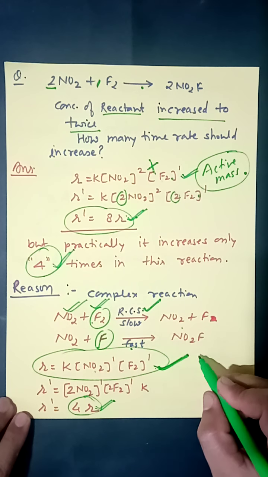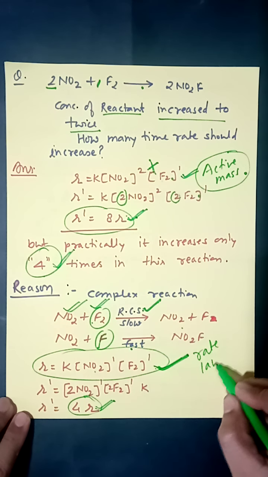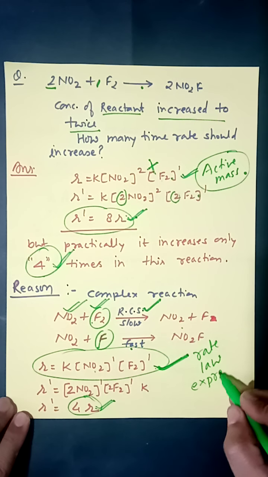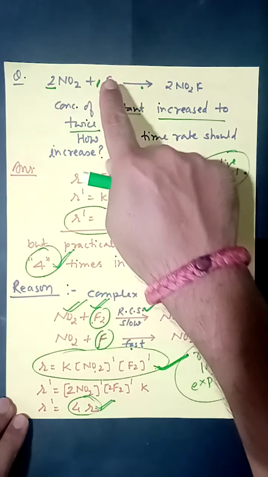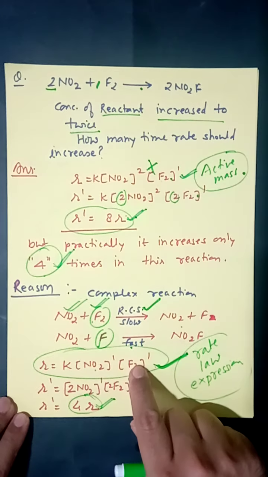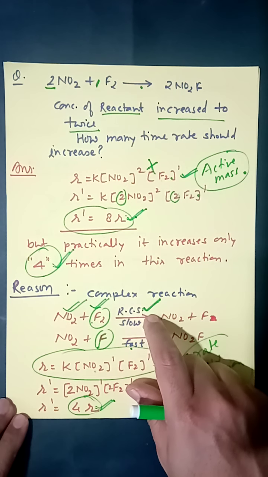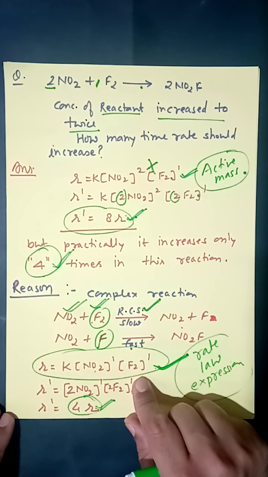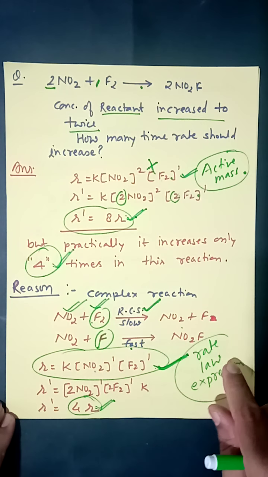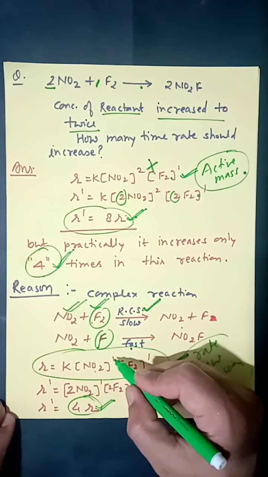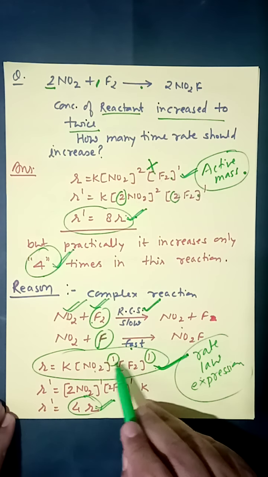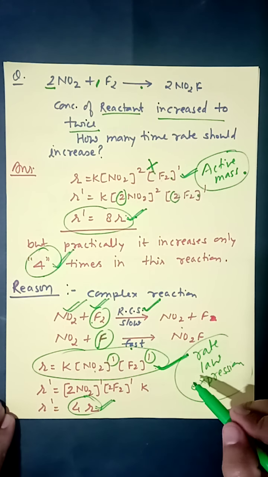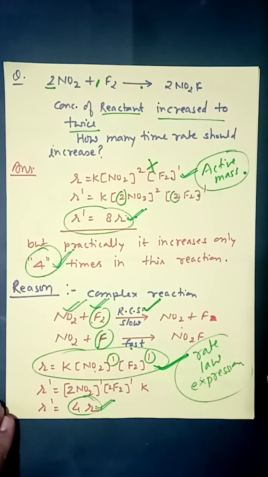And here this formula is also known as rate law, or it is also known as rate law expression. I repeat, the rate law expression is not given on the basis of balanced equation, but it is given either on the basis of mechanism or on the basis of practical data. This is known as rate law expression, and sum of the power of rate law expression, it means in this reaction it is 1 plus 1, sum of the power of reactant in rate law expression is known as